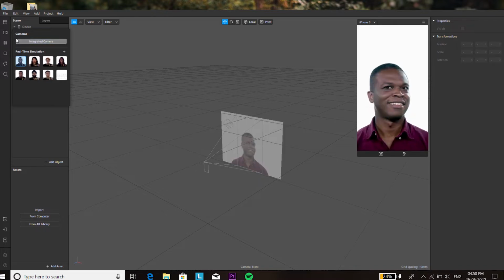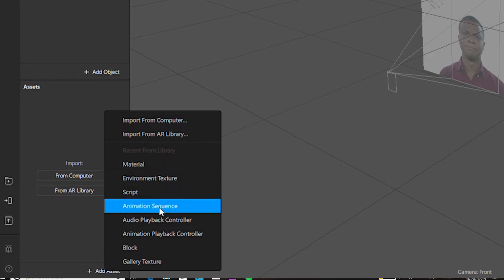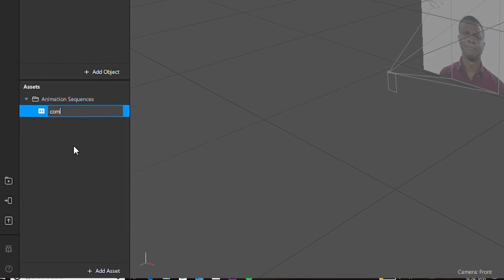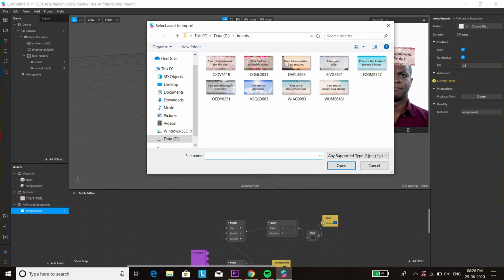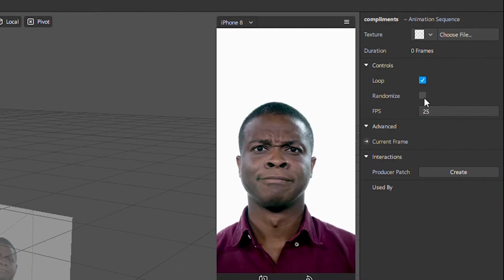So now on the left hand corner there is a button called add assets. Go in that, go into animation sequence, and this is going to be your answer plates. So if you're making what character you are, this is going to be your characters. Name it and then go on the right hand top corner and change the texture. Make sure you do not select the cover, we'll come back to that later.